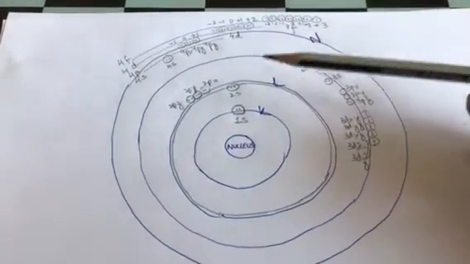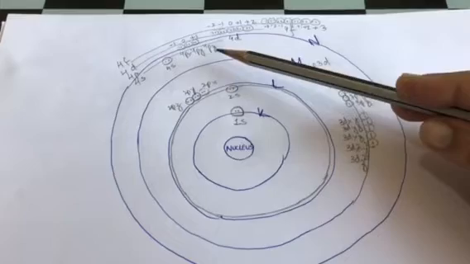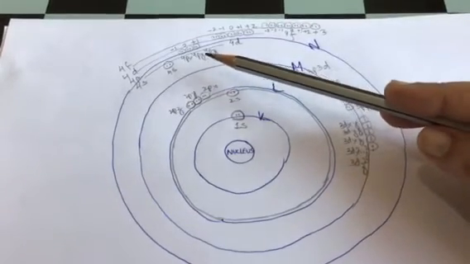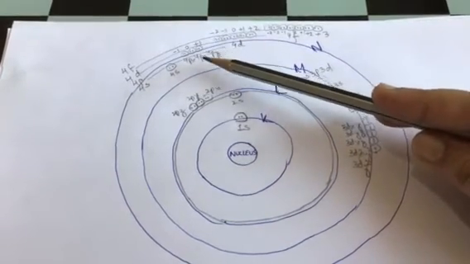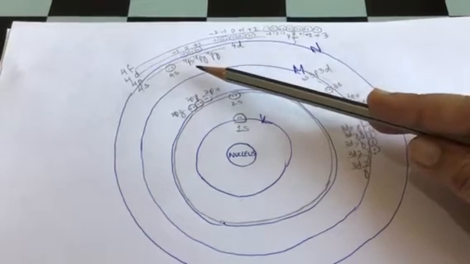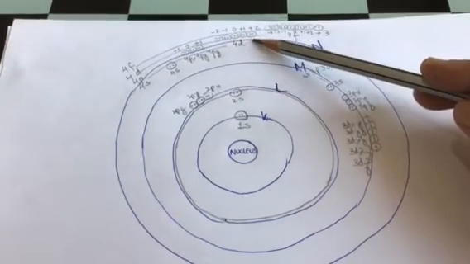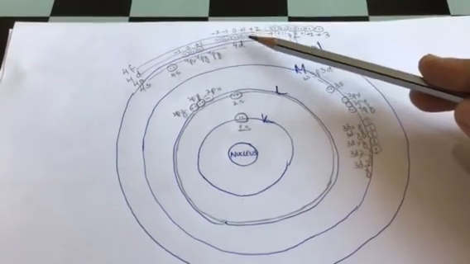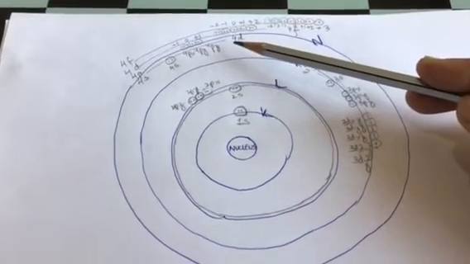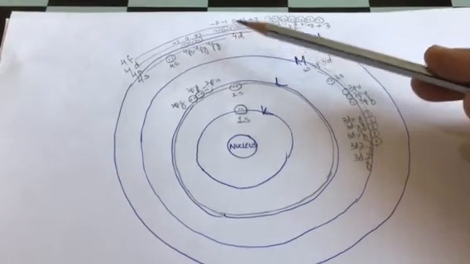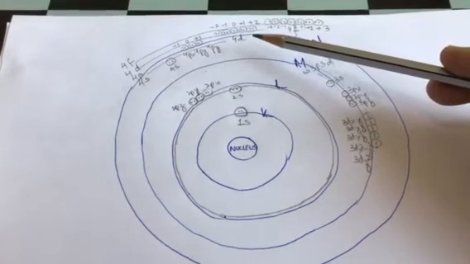The N shell can have 4 subshells, 4s, 4p, 4d and 4f. 4s can have one orbital with a maximum of 2 electrons. 4p, my dear students, can have 3 more orbitals represented by 4px, 4py, 4pz. 4d would have 5 orbitals, -2, -1, 0, +1, +2 as we suggest. And their names would be, stay elaborate, do not confine yourself, their names would also be 4dxy, 4dyz, 4dxz, 4dx square minus y square and 4dz square.